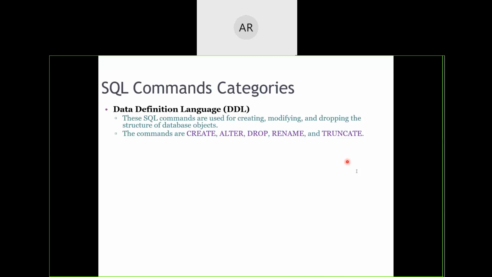These are all going to work on the schema of a given definition, given object. So whatever is going to change the schema or create the schema, that particular category of command is going to come under the DDL category. When it comes to